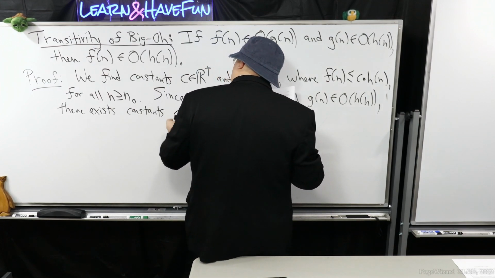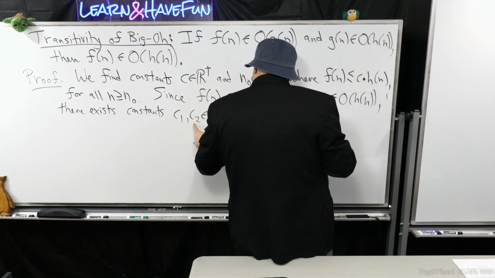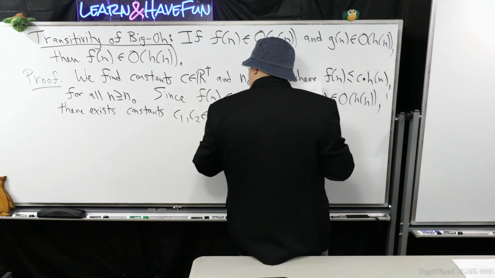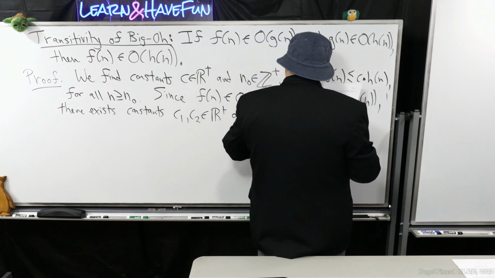I'm going to pair them up: C1 is going to involve the first big O statement, C2 the second big O statement. C1 and C2 and N1, N2